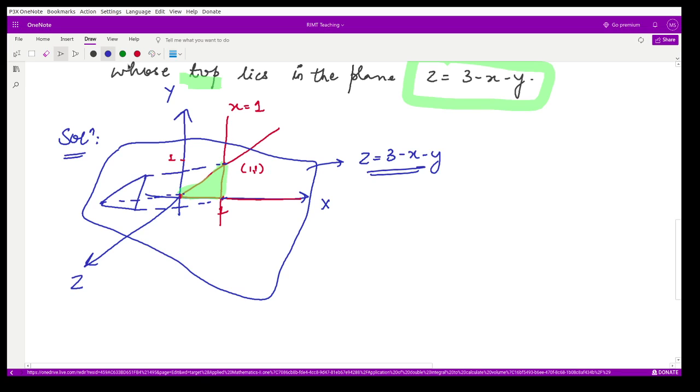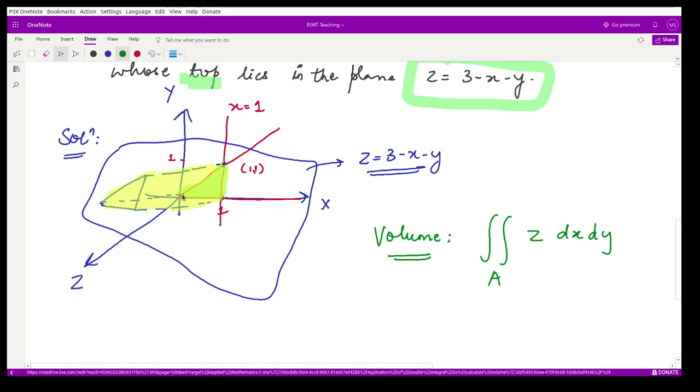So this particular volume in 3 dimension, it is obviously in 3 dimension, otherwise it would be very difficult. In 2 dimension it is very difficult to visualize this thing. So it is something like a prism stretched upwards, right? So this volume we are required to calculate. Okay, so for the volume, what we have to do, we have to take the double integration of the function. Now here the function is given to be z, right? Dx and dy over the given area.